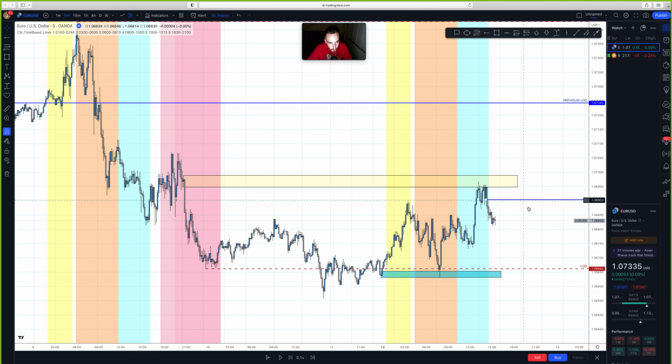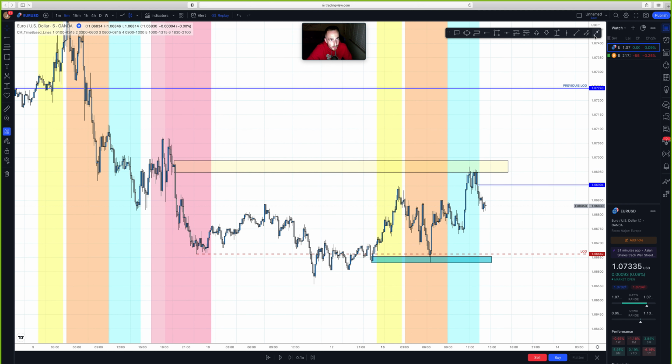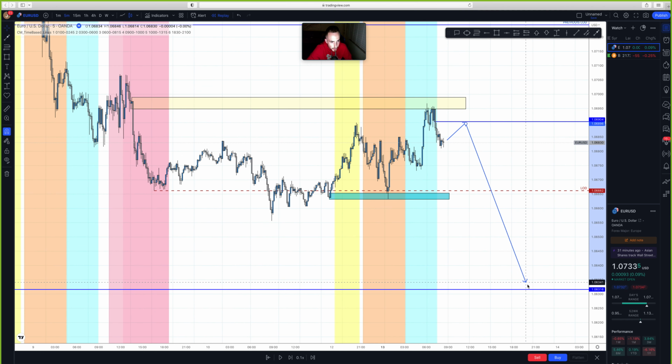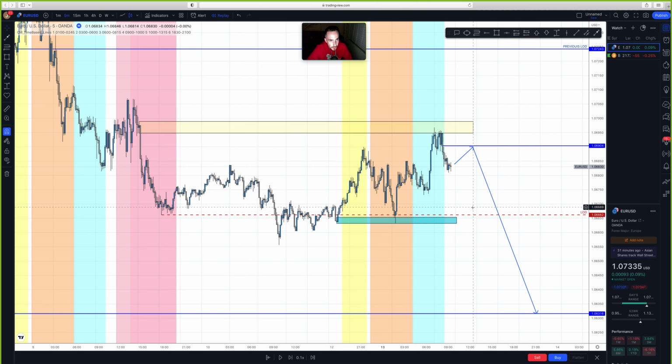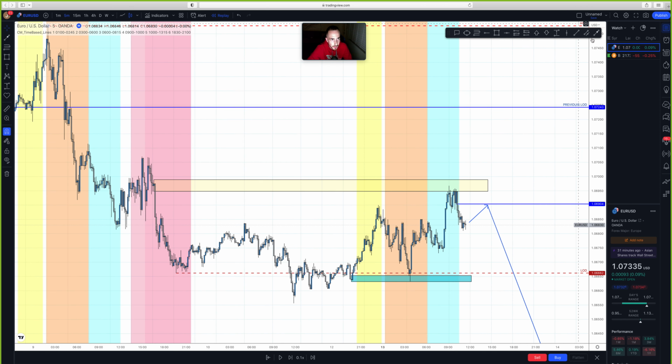I told you guys either two things were going to happen. Either price was going to do this and continue the sells, with this being the major target right here, or price was going to break past this supply right here like this and then pull back like this. And I post my analysis every day on the free Telegram and on my Instagram story. I told you guys either price was going to do one of these two things.